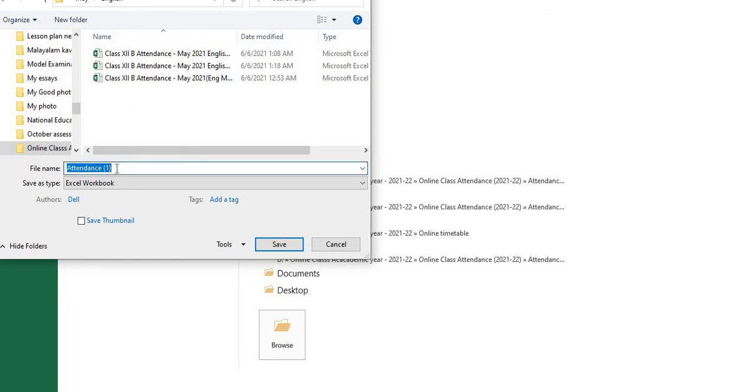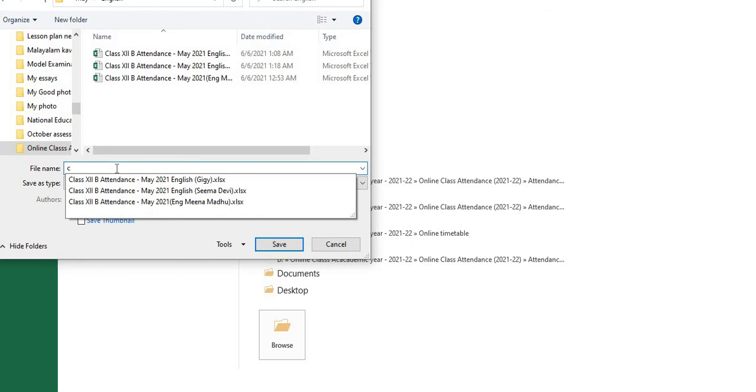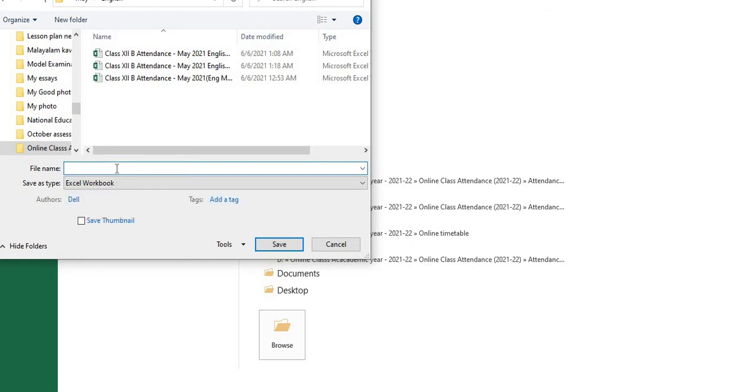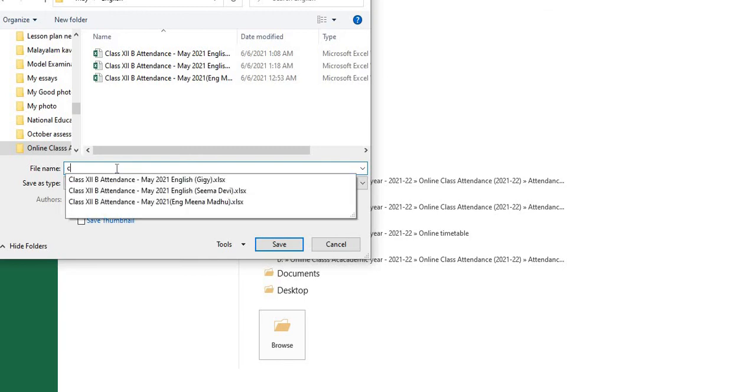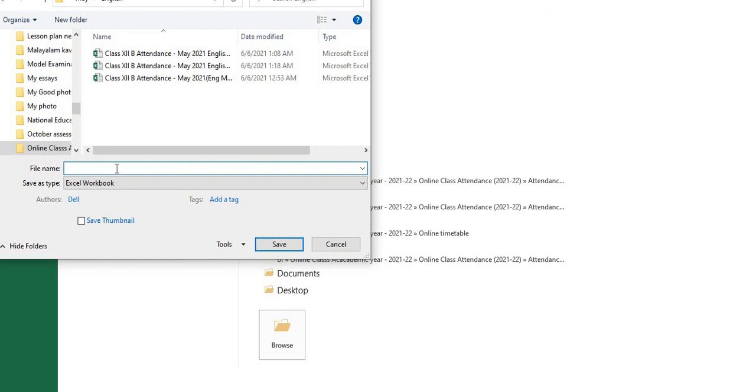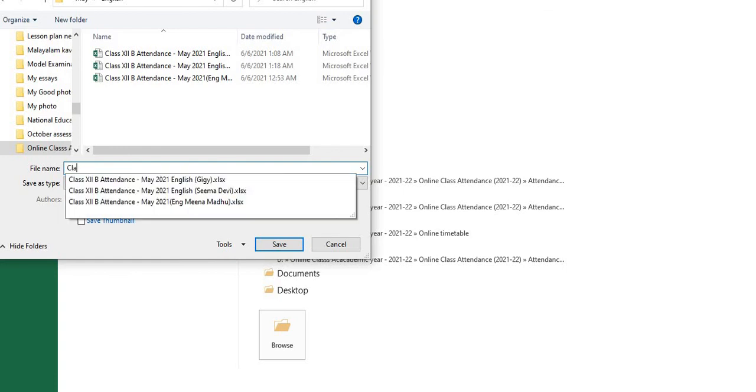But before I paste it here, I have to rename this as the name to be displayed in the WhatsApp when the teacher sees it. Your subject teacher should be able to recognize what is the file that you have sent her. So that name is what you're supposed to write here. Class 12, 12B, Attendance